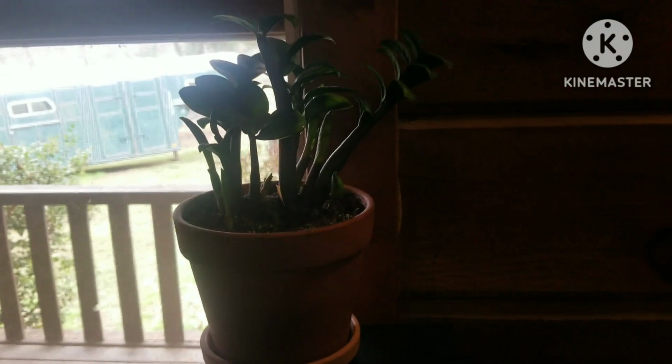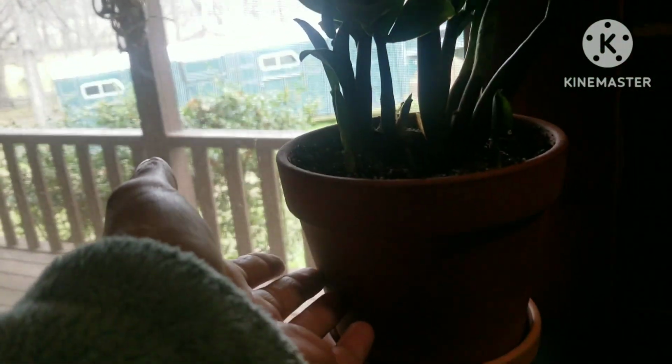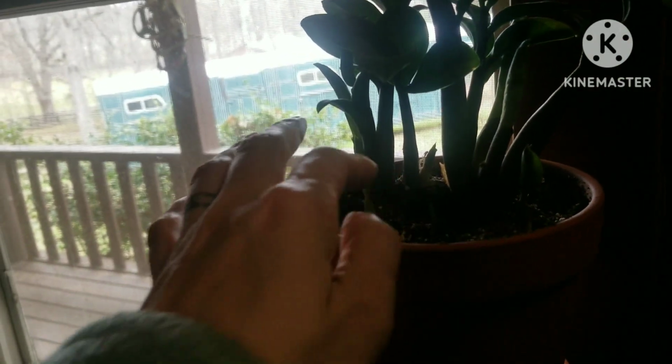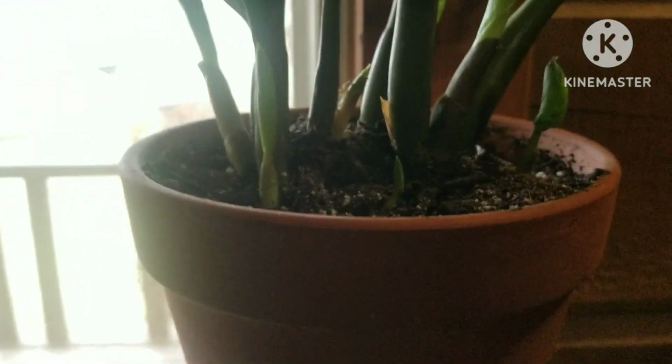But anyway, let's get on with the plant tour. This is my ZZ Zenzi. I've since repotted it since the last video, and I split some off and gave some to my sister, but it keeps putting out new growth everywhere. So it's very exciting. And then we got my philodendron Birkin,